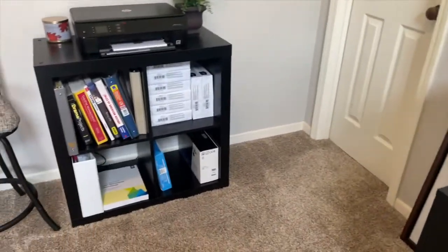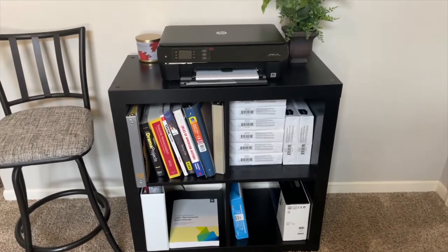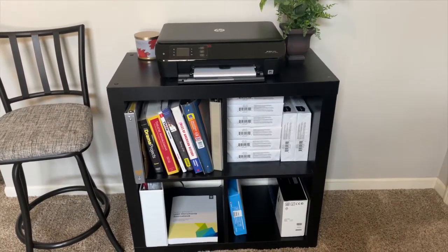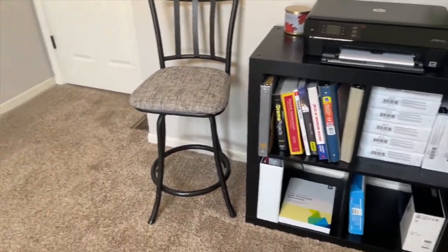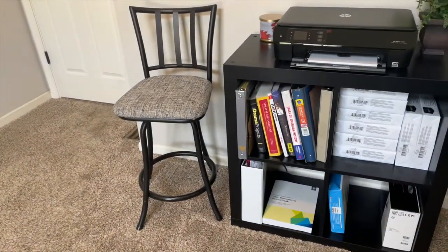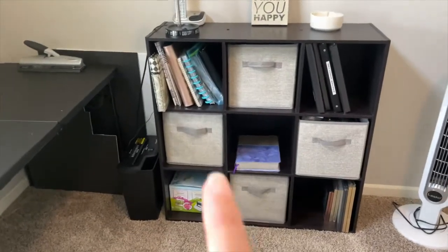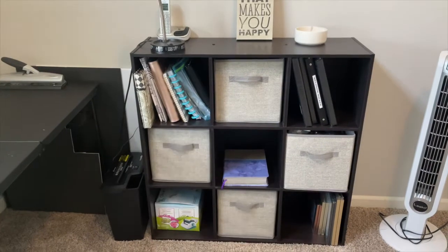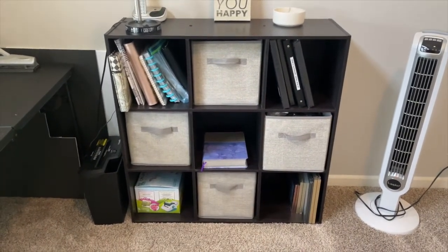that printer. And then this shelf here are just some theater books that I need to be able to have handy, and some history books as well. So I needed to have those close. The planner supplies, I moved all of my planners, and my happy planner supplies and everything are now here. And everything that I need for crafting is now